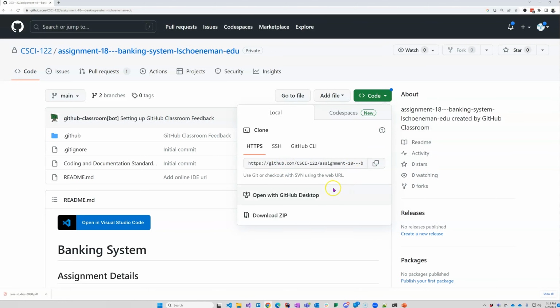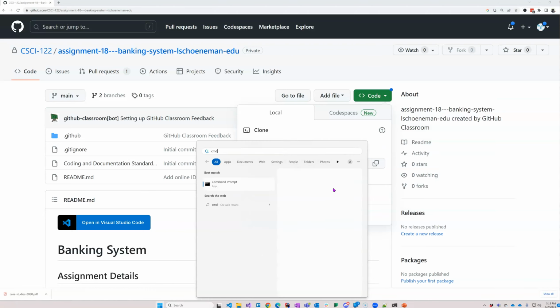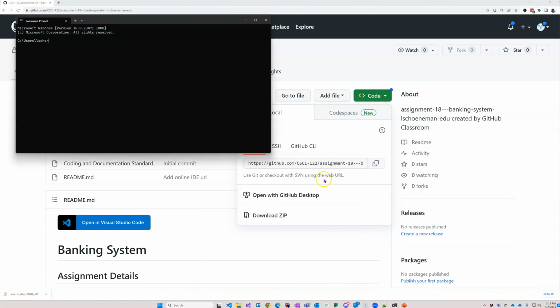Then what we're going to do is open a command window. If you're using Linux, you'll just use the terminal. And if you use Mac, you'll also open a terminal window. So here we have this. So now what we're going to do